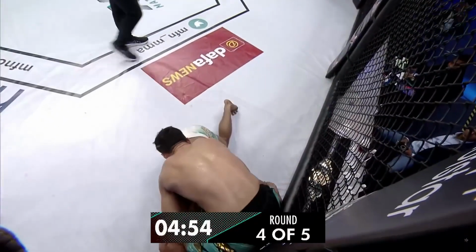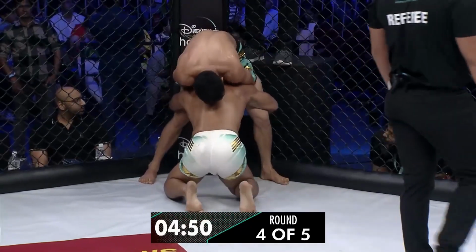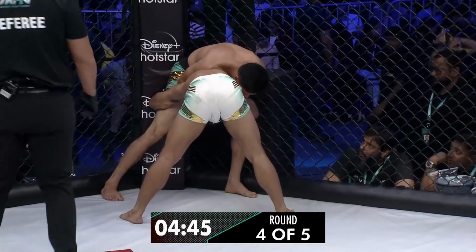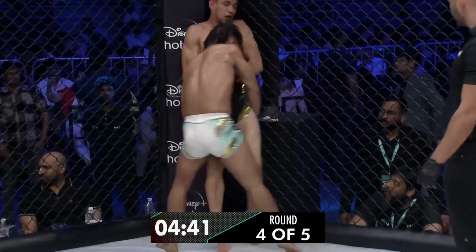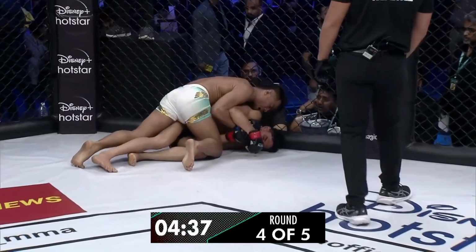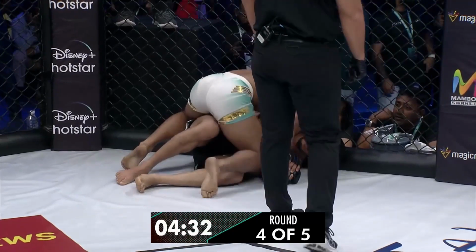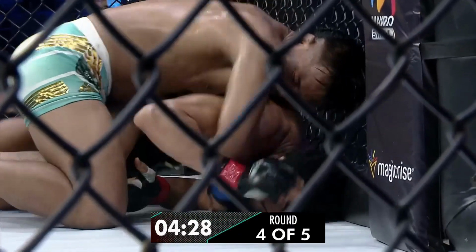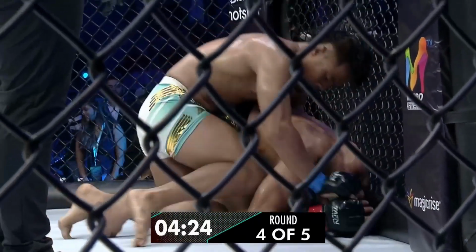Big swing and a miss, and straight to the takedown. I don't think Mohammed Farhad has anything left in him. I mean, he's fighting so hard, he's trying, but the fact that he is unable to turn around in time from the cage shows how tired he is. Chungreng now has got his arm trapped, and now he's in a bad position. He's going to look to...